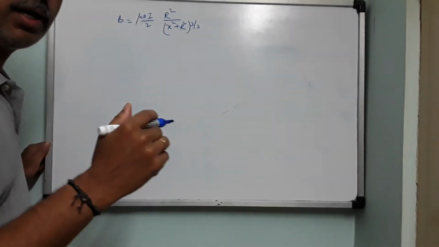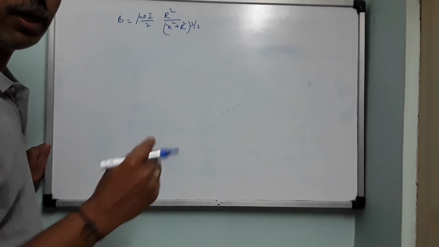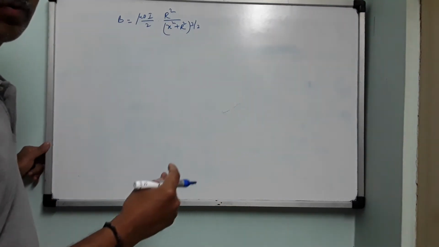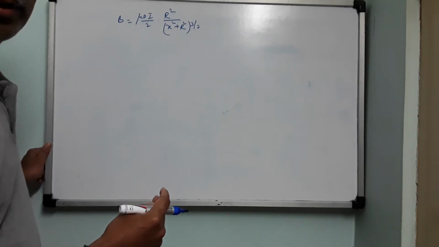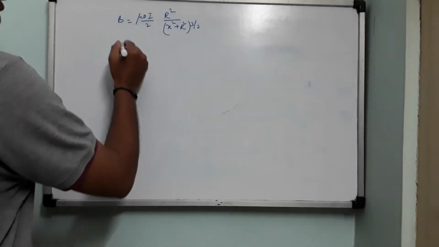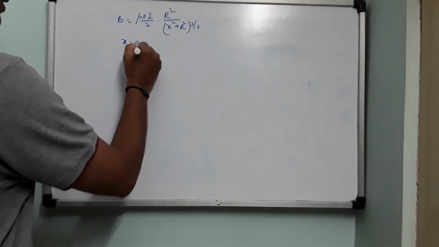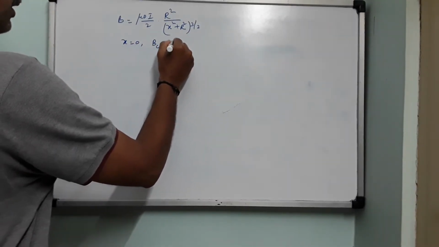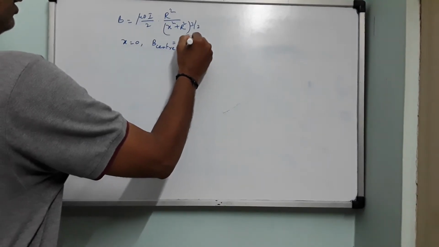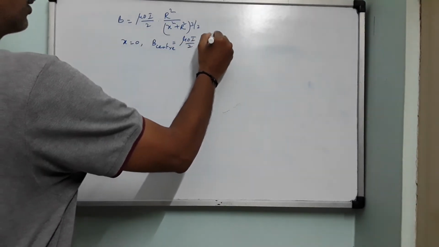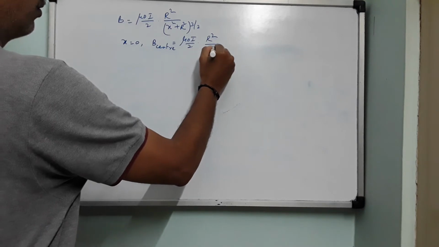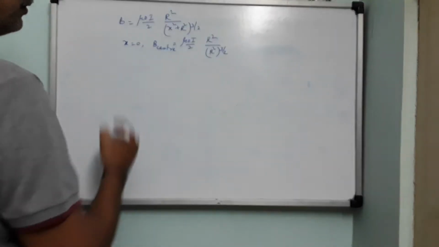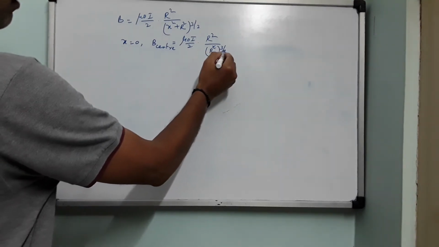So you just recall the diagram of the previous class. Point P is taken on the axial line. If point P moves towards the coil and coincides with the center, then x will become 0. Then B at the center, as point P will now be at the center, is mu naught I divided by 2 into r square by r square whole to the power of 3 by 2. X is made 0.